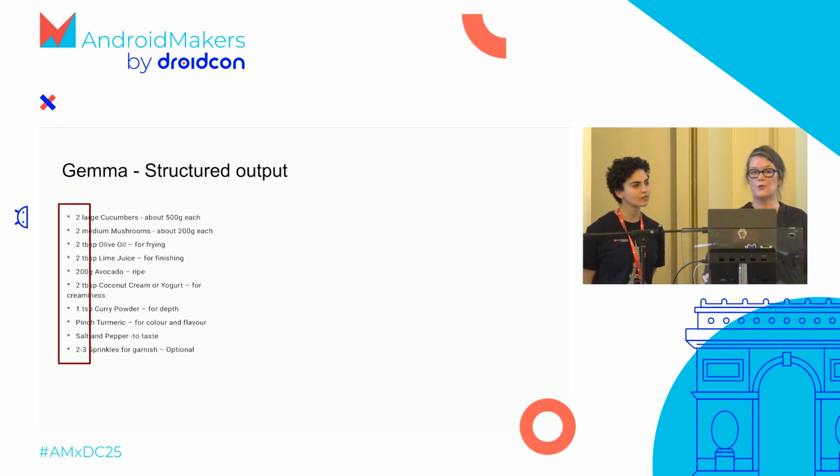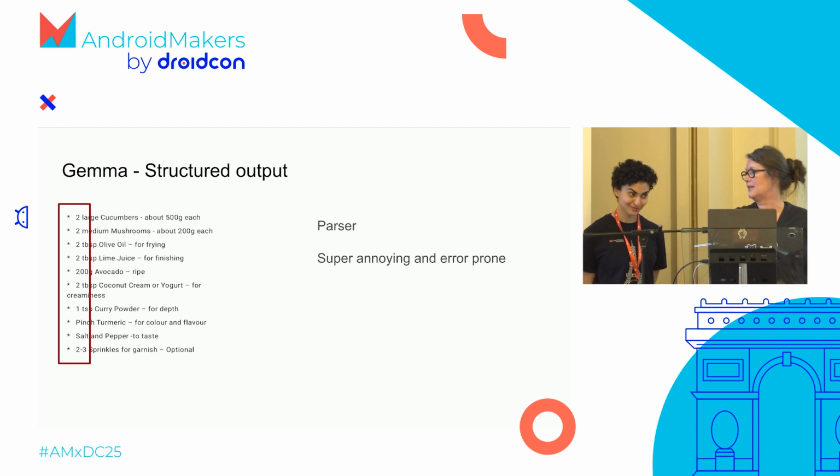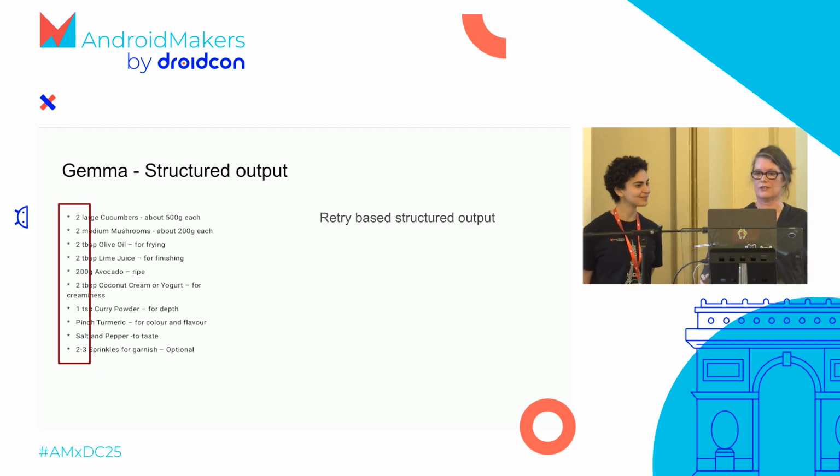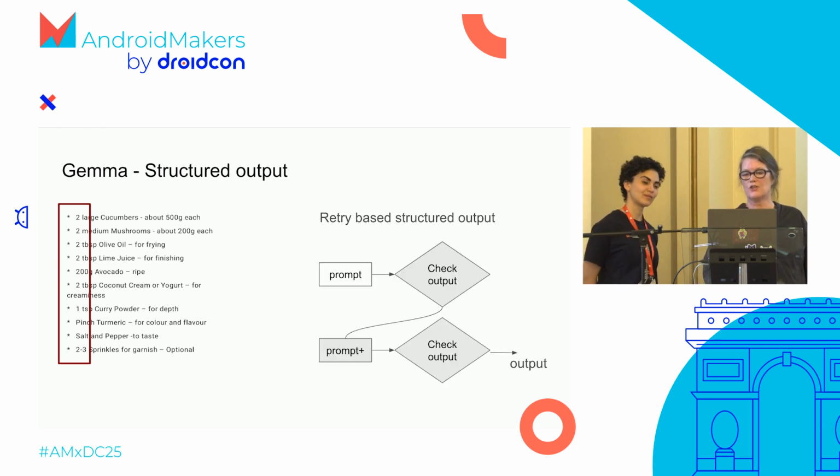So what can you do to get structured output from a model like this? Well, you can write a really hacky, super annoying, error-prone parser, because this is my parser and it clearly hasn't got all of the things in it yet. But there are other solutions. You can do something which is called retry-based structured output. Big word of mouth, but what it means is this. You start with a prompt,